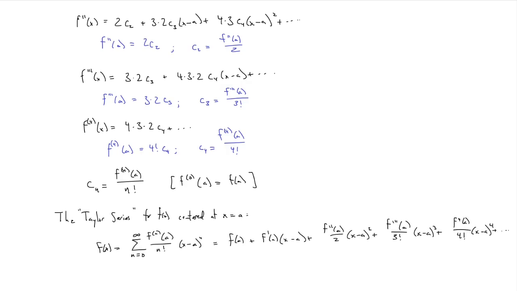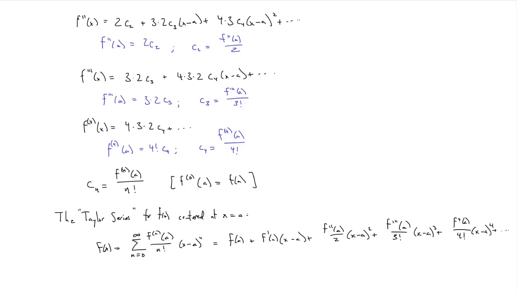And since we know the coefficients, we know the power series, what we call the Taylor series for the function f centered at x equals a. f of x is the sum n equals 0 to infinity of each of these coefficients, the nth derivative evaluated at a over n factorial, times x minus a to the n, or f of a, which you can think of as the 0th derivative evaluated at a over 0 factorial, since 0 factorial is 1, plus f prime of a, which you can think of as f prime of a over 1